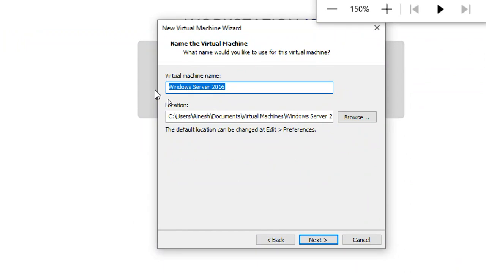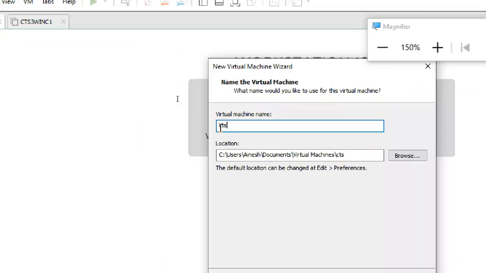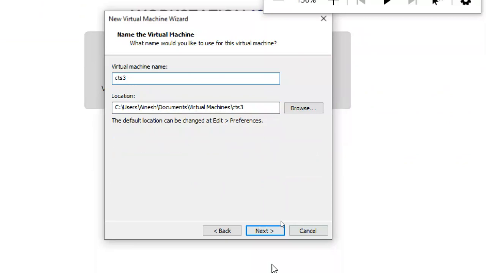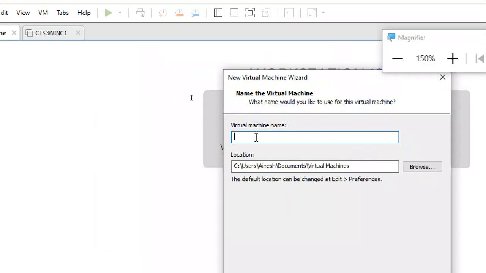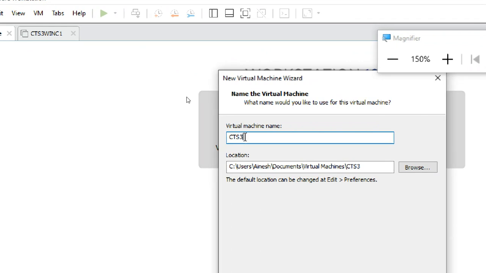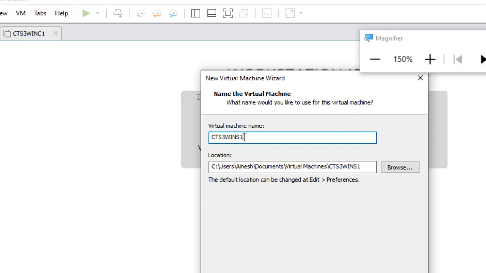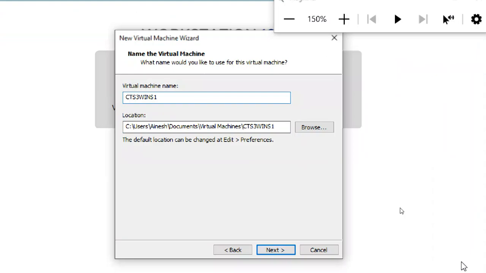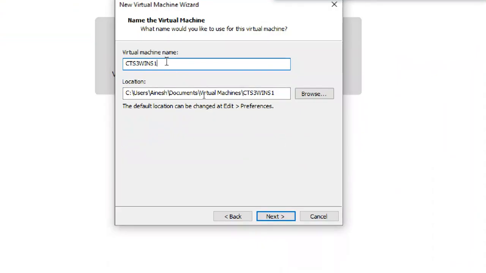And here I am going to change the name of the virtual machine. Okay, so this is the name I gave. So you can give Win S1 like that.